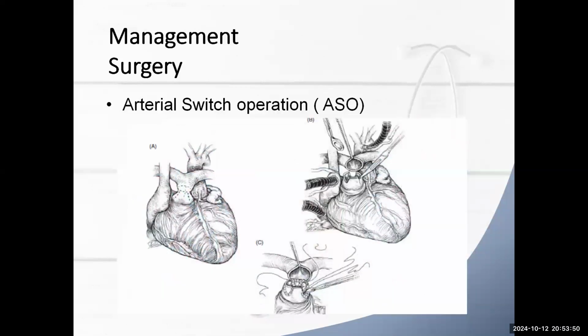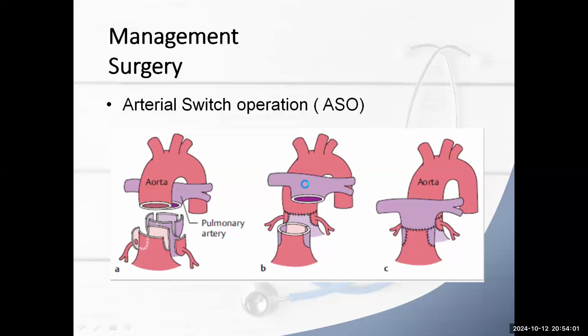This is a view of arterial switch operation. They cut the pulmonary artery and put it instead of the aorta, and the aorta becomes at the site of the pulmonary artery. And this is also a view of the arterial switch operation. They resect the aorta and they resect the pulmonary artery. As we see in this picture, they don't resect them at the roots. They get the arteries above the level of the coronaries, as in picture A. Okay, number A. They cut it above the level of the coronaries, and they replace each one at the site of the other,